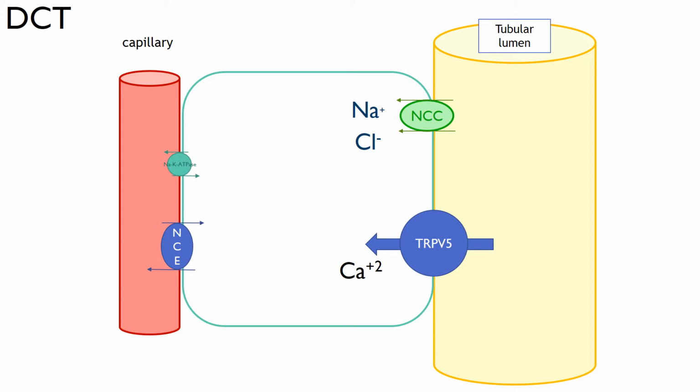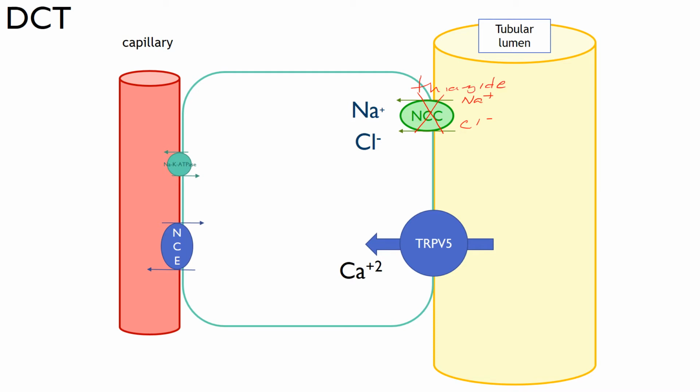This is the same image from one of my slides that goes over the cell graphic, if you will, of the distal convoluted tubule from my lecture slides. And I've just expanded it here so I have more room to essentially draw on. Now we know that the function of the NCC is to reabsorb a sodium and a chloride. So we have our sodium and chloride in the tubular lumen, but if we inhibit this process with a thiazide,